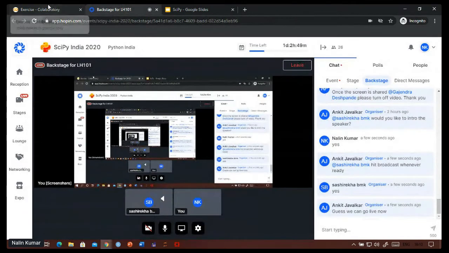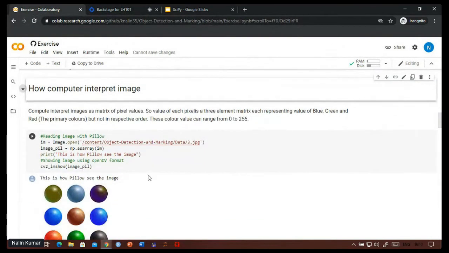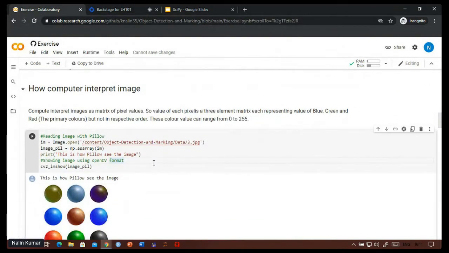Okay, so first let's see how the image appears when we open it using Pillow. To visualize the image, we are using cv2.imshow, which is OpenCV's visualization tool, so it behaves as OpenCV interprets the image.